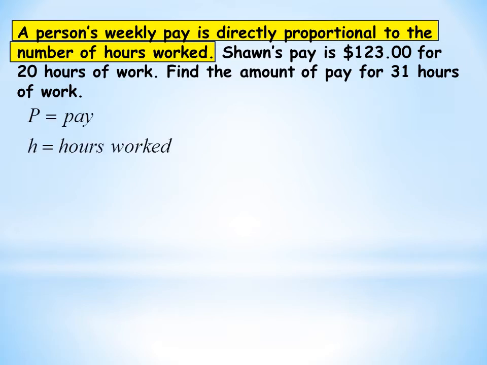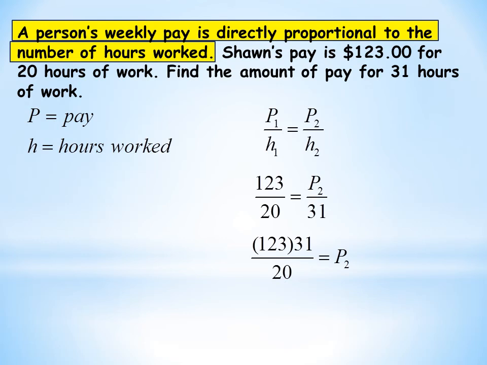So let's declare our variables. I'll call P for pay and H for hours worked. Since it's direct variation, I know their ratios are a constant. So I'll set P1 over H1 equal to P2 over H2. If I plug in the information they've given me, $123 for 20 hours work, I want to find the pay for 31 hours worked. All right, just go ahead and cross multiply and divide here by 20, and you'll get that the pay is